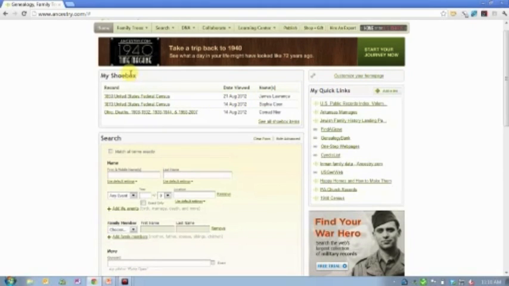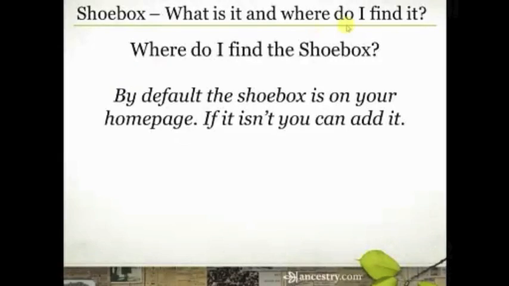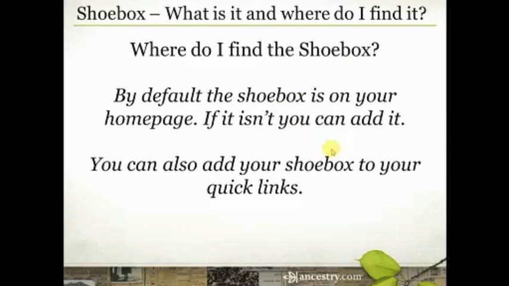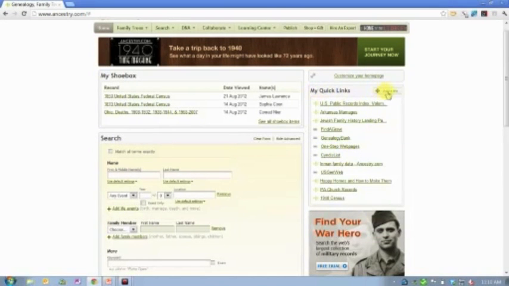And that's where it can live. The other thing that you can do is you can also add it as a quick link. So if you don't want to take up the real estate on your homepage, you can just add it as a quick link where I can come over here. So if I click on my shoebox to open it,